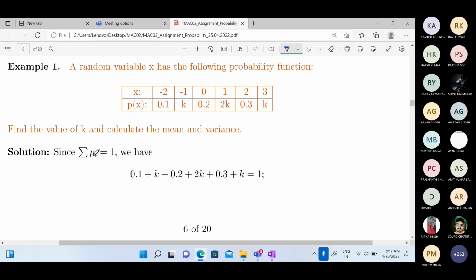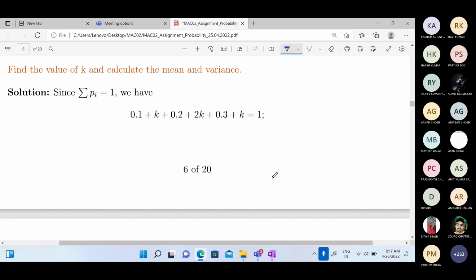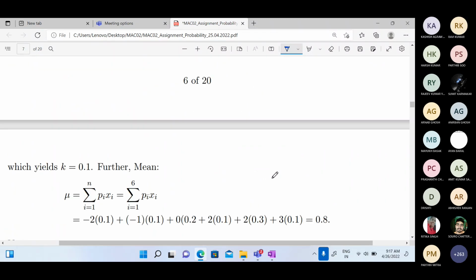If we add all the probabilities and calculate, what is the value of k? 0.1. So the result is k equal to 0.1. Good. And now the second question is